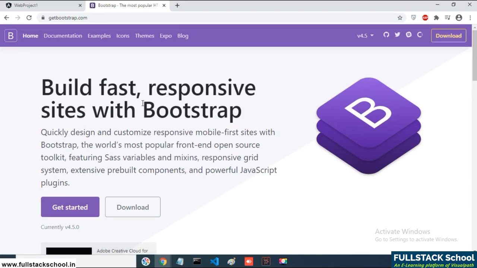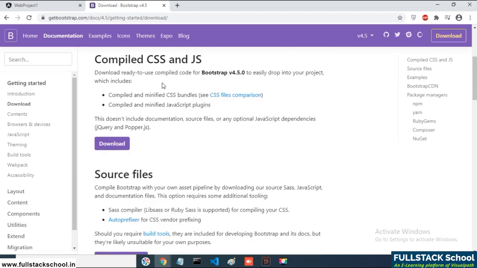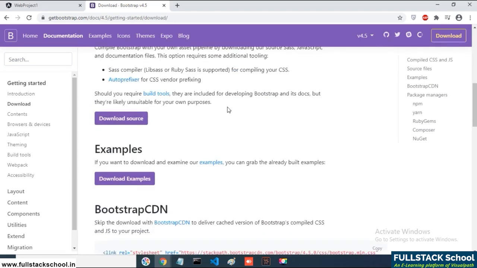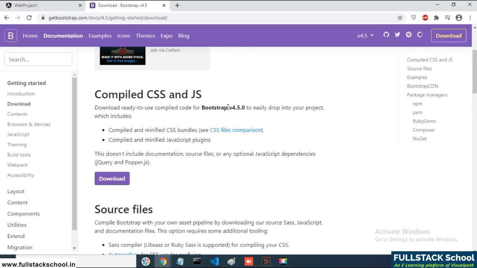Get Bootstrap is the website from where we add Bootstrap to our application. For that purpose, first we download Bootstrap, going to the download option, compiled CSS and JS, and apply it. We can apply Bootstrap in two ways: one is by using a CDN, and the other is by using